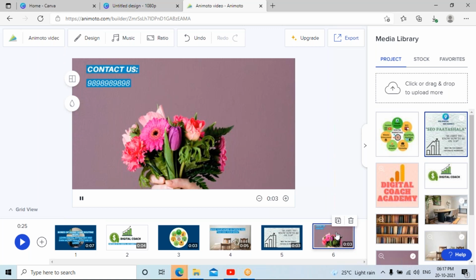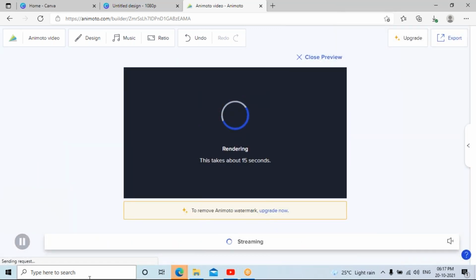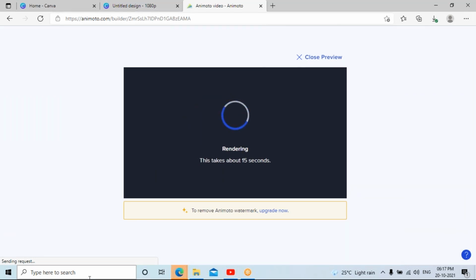So there is no problem with this. So now let me render this and check whether the content is going to overlap on your watermark or not.